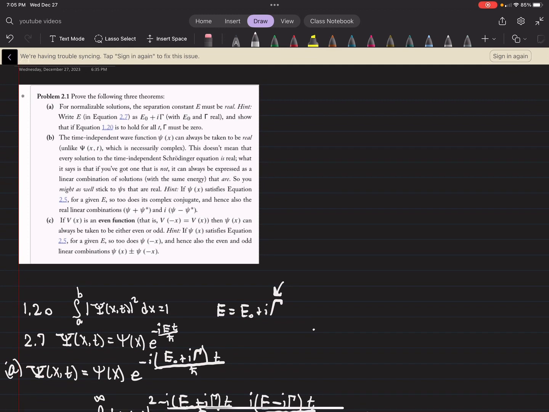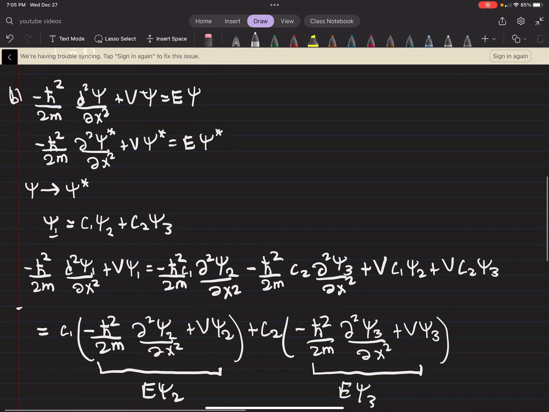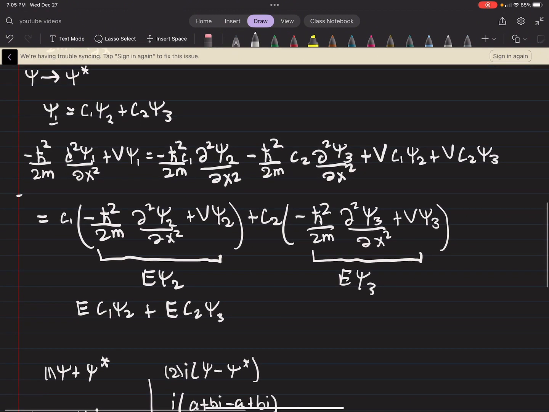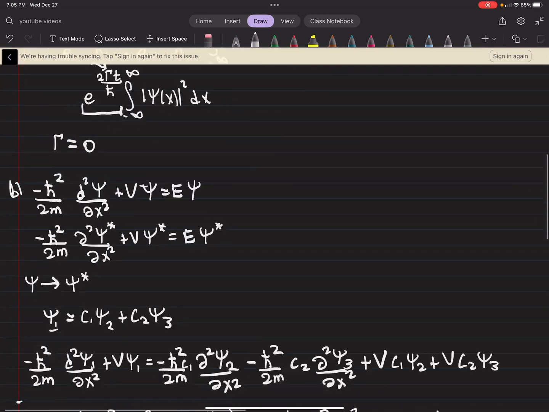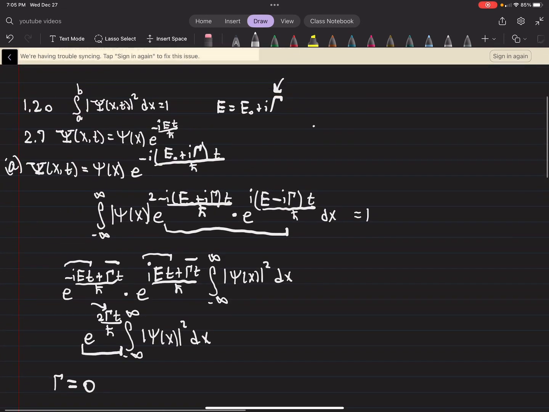And again, I'm not sure how much your professor wants you to assume, but I just wanted to show that if psi is a solution, psi star is a solution, and if psi 2 and psi 3 are solutions, a linear combination of those two is also a solution, and then the rest kind of falls into place. So part C, the last part of this, says,